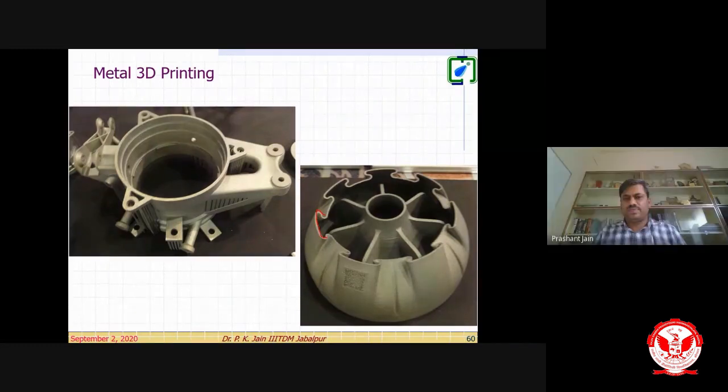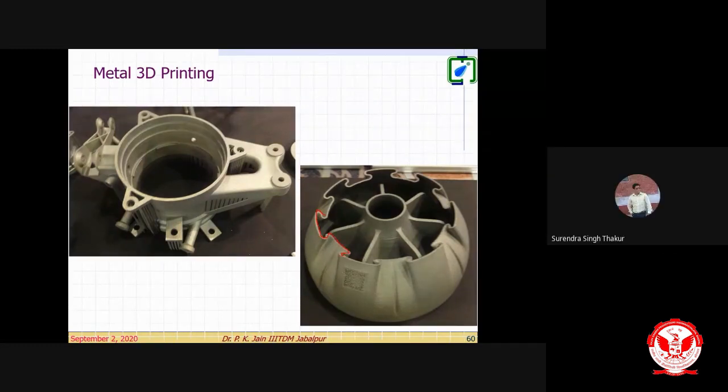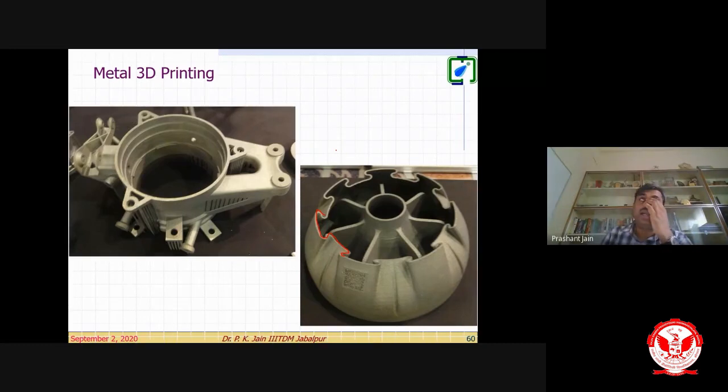Sir, my question is, how will you calculate the layer thickness and its saturation level? Yeah, layer thickness comes from the machine, and many things decide the layer thickness. Say, for example, it's a powder process, the SLS process. I showed you the video, right? For layer thickness, suppose I am using a 40 to 60 micron powder particle. To form a layer, say I have spherical balls, right? To form a layer of spherical balls, I need at least 3 particles so that they can fill one atop each other.